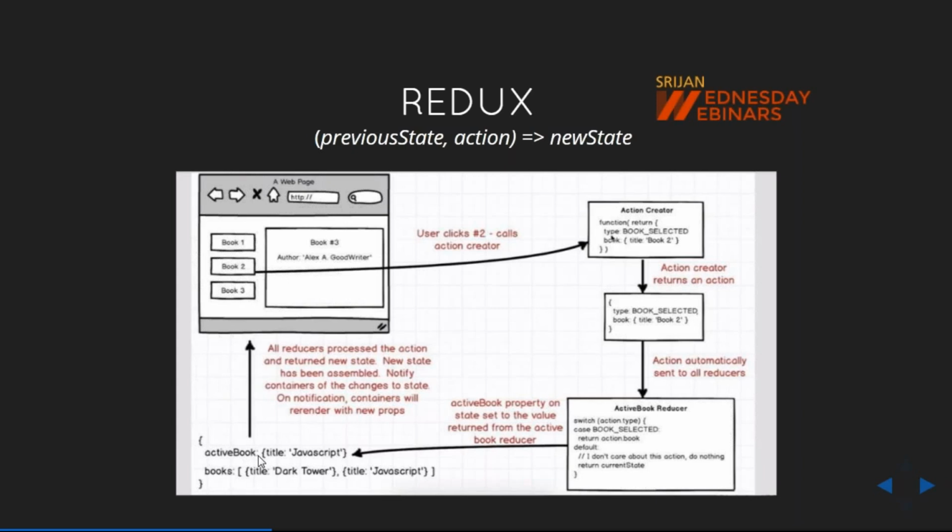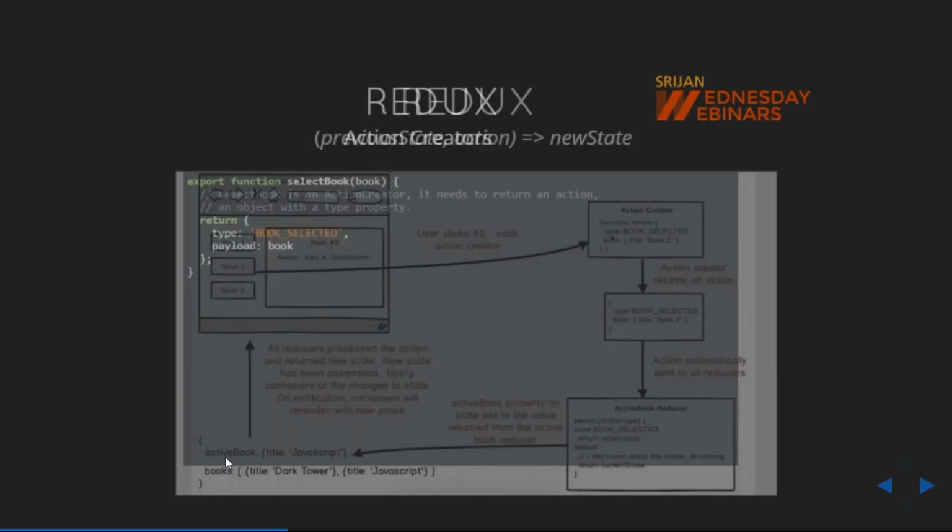Now I just need to talk to this Redux layer and get the state object which I have updated. I clicked on book number 2, so in the state the book object has been updated with the details of book number 2. So I fired this action object and updated the state object. The final state object looks something like this. You have the list of the books, Harry Potter, some books on JavaScript, some books on Java. This is just a list of books. And in the active book, you have the book which you just clicked. We will try to understand that with the code.